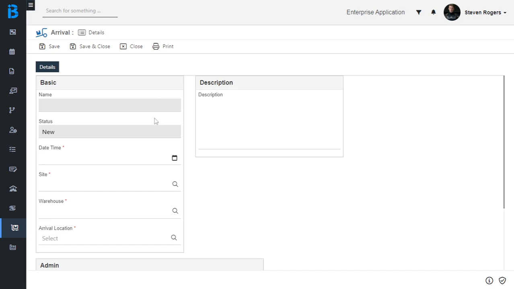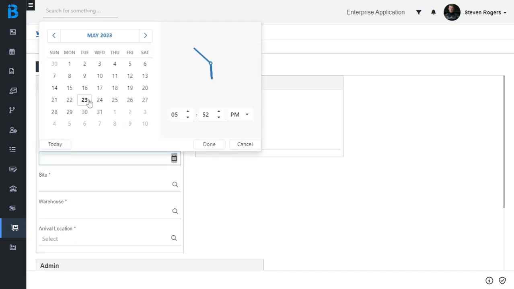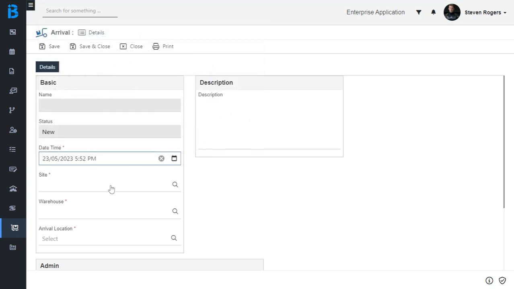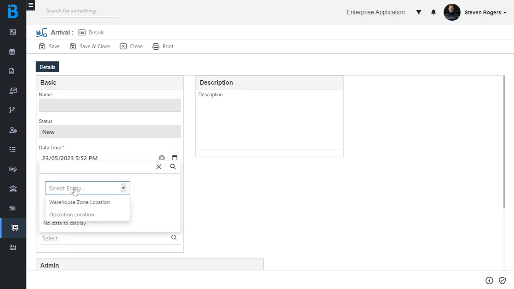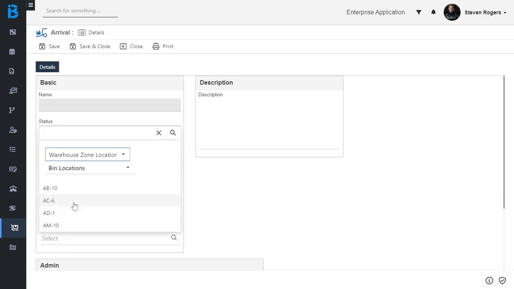Now I am going to add the details to the required and mandatory fields of this form. Add the date and time. Select site. Select warehouse. Add arrival location.